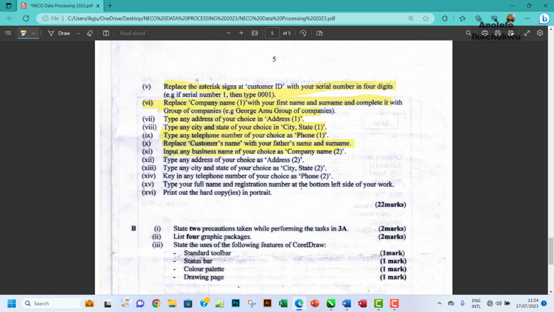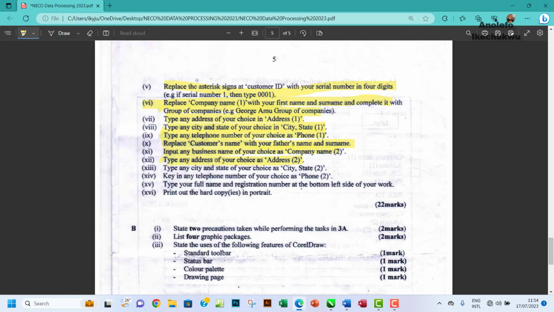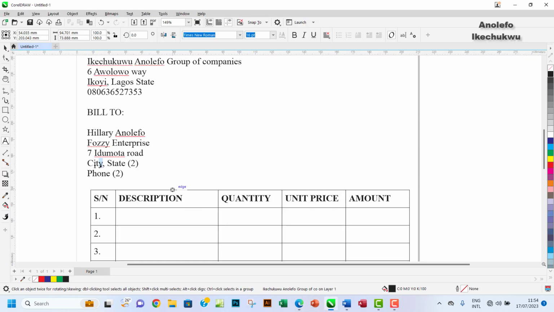Okay, XII, type any address of your choice as address 2. Address of your choice. Wow, okay. Let's see. Number 7, Idumota Road. So I guess they're going to tell me about city right now. So XIII, type any city and state of your choice. Okay, so let's go. I'm going to put Onitsha,